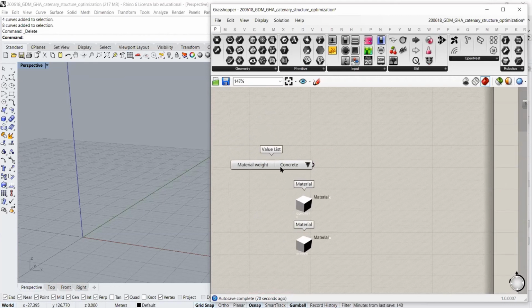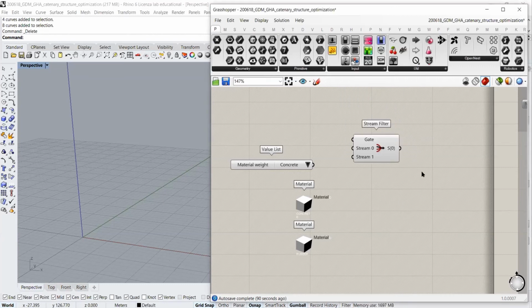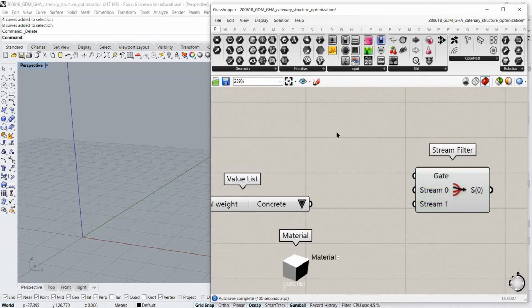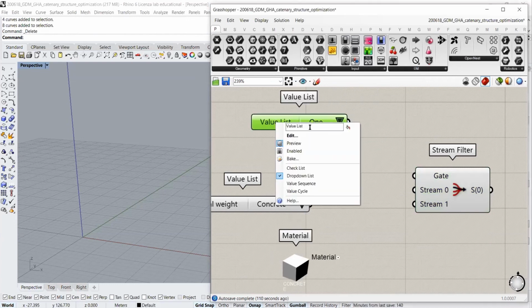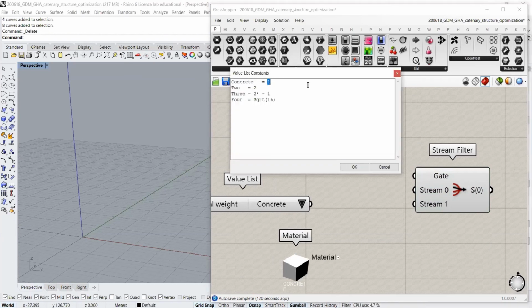So let's say that you want to decide with just one selection both the material and change the weight inside the expression. In that case, I would use a stream filter. This is a Grasshopper component that allows somehow a conditional statement. So for example, let's say that I create another value list. Well, actually, the real value list that we need here is going to be the material. And here I want to define concrete like 0